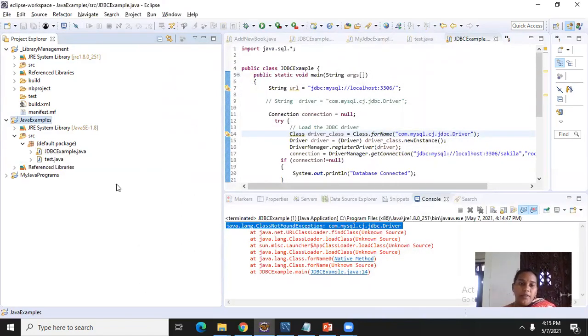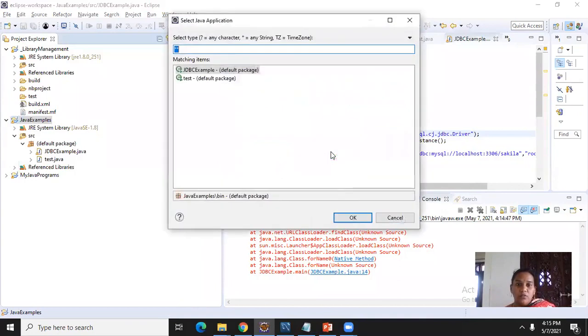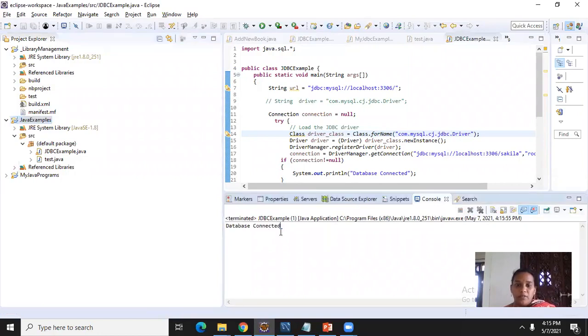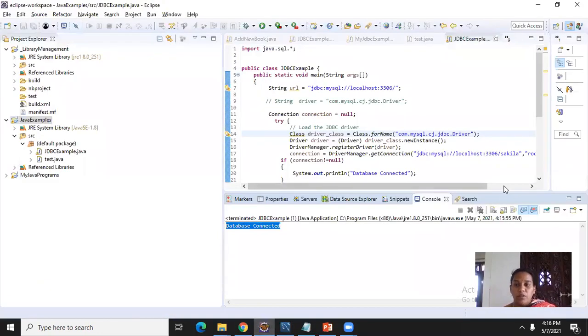It means in this environment, I didn't add the Oracle jars. That's why it was giving that error. So now everything has gone correct. See, database connected. So this means the Java environment is connected to this MySQL environment. Okay, first step over.